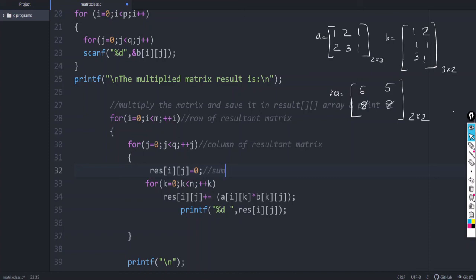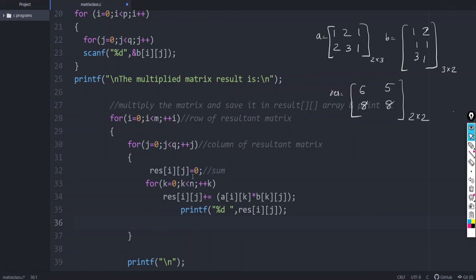So K is equal to 0, K less than N, K plus plus. Whether it is pre-increment or post-increment, there is no difference. Here you can write in both ways. Then res ij equals res ij plus aik star bkj. How this step came, I have explained earlier with the example.